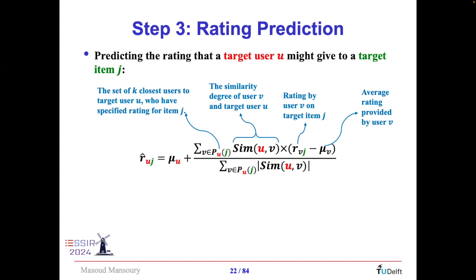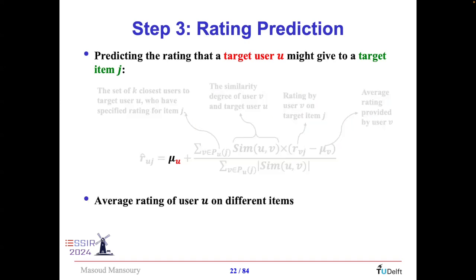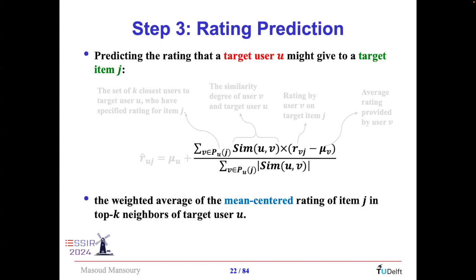Or if it's a ranking task, we need to compute the relevance score to rank the unseen items and show them to the users. So in this equation, the first element is the average rating of the target user. This bigger term is the weighted average of the ratings provided by the neighbors, by the similar users. So we just take the weighted average of the opinions of the similar users. And specifically this term,